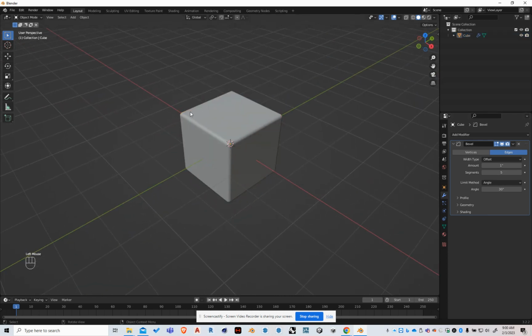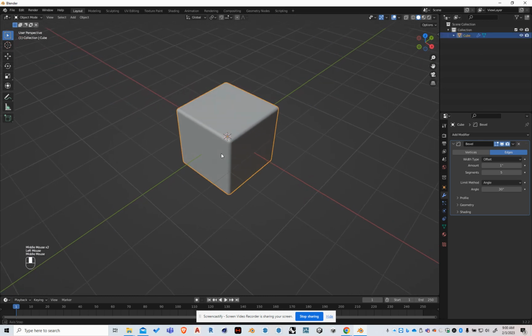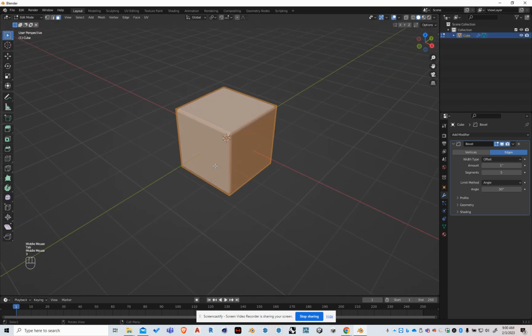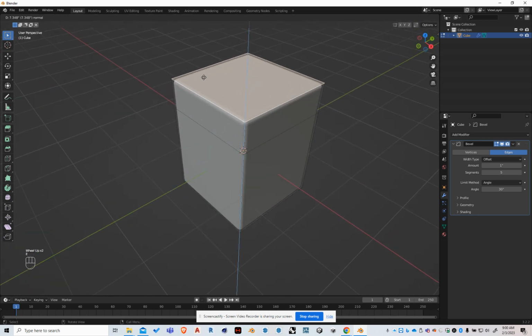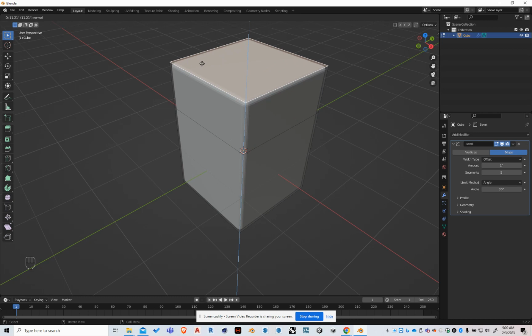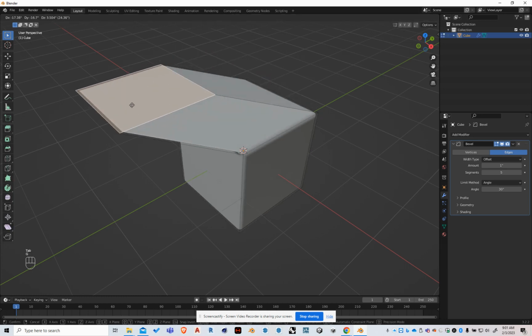So just a watch out on here, if you have really bad geometry, maybe I can give you an example. I'm gonna go into this object and I'm gonna hit 3. And I'm gonna extrude this, E. But then I'm gonna hit escape because I decided I don't want to extrude it. Okay. And then I'm gonna tab out. Okay. So what happened there is it actually did extrude this, but it put the plane right back on top of the same plane. So if I tab in here and hit G, you can see that there is one